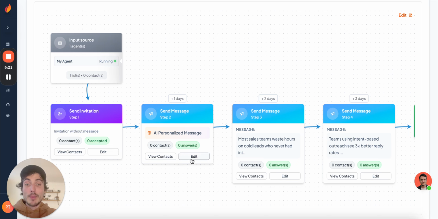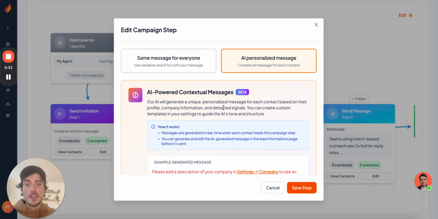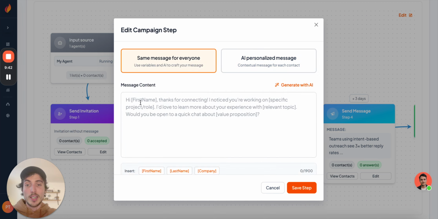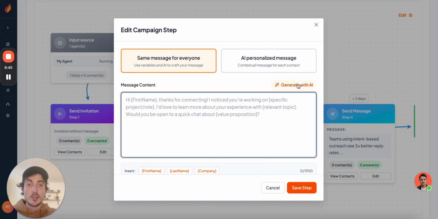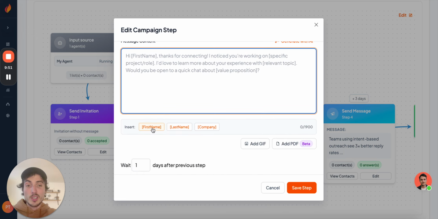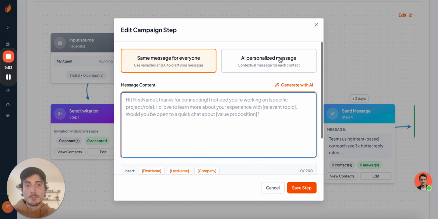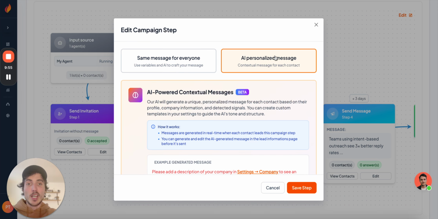Then we have the AI message. If you click on edit, you see that you have the option AI personalized message, which is a different message for each contact that enters the campaign. Or we can go to same message for everyone, and I can craft my own message or use AI to do it. But here, each contact is going to receive the same message. The only differences will be the variables, right? If I stay with my AI personalized message,